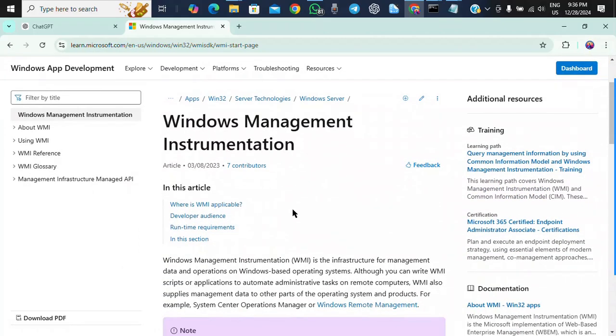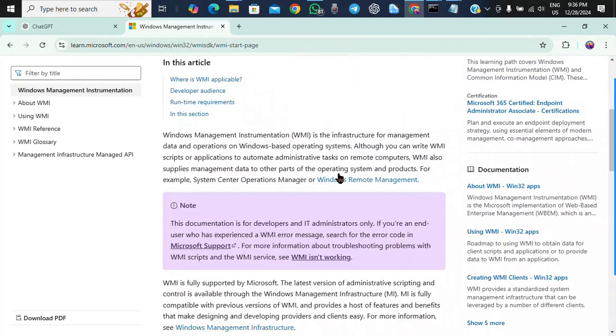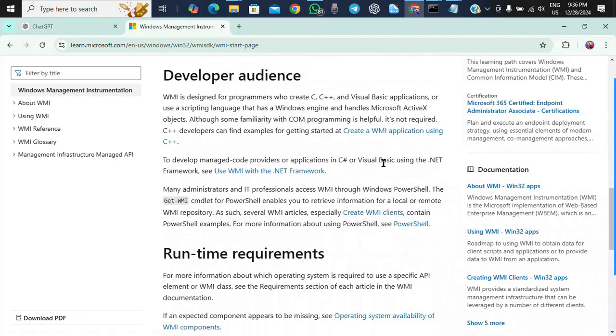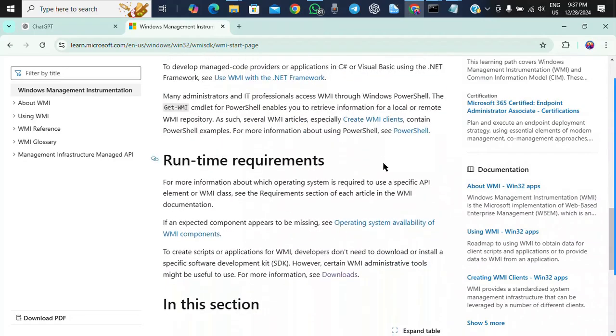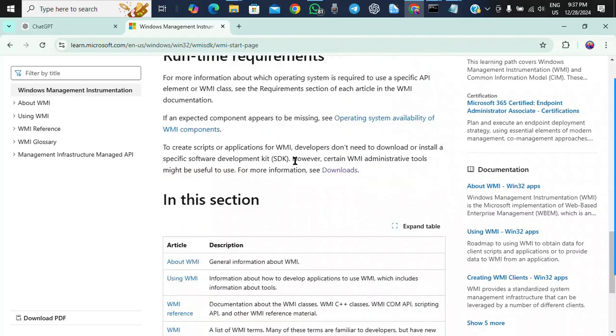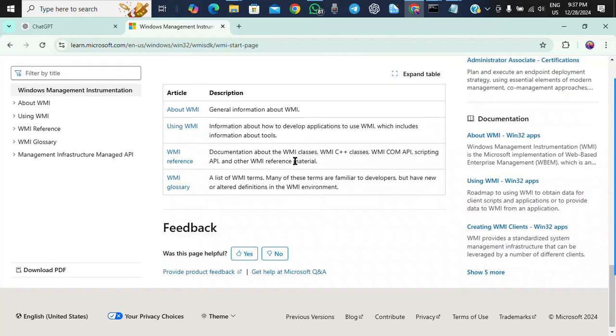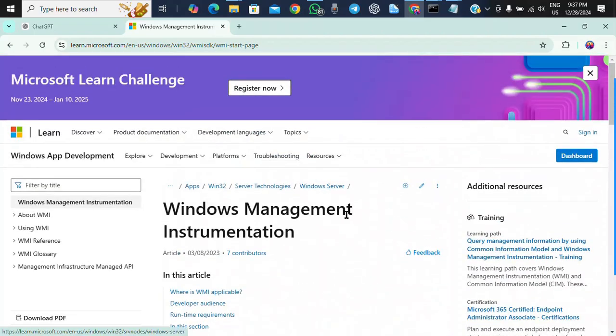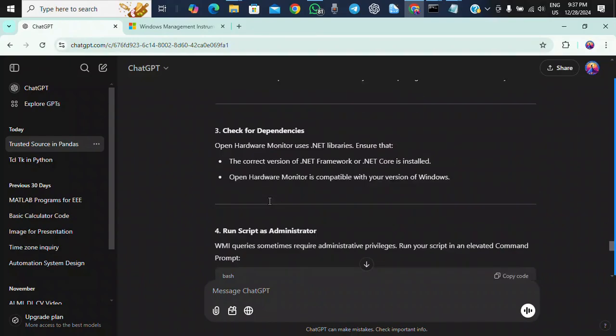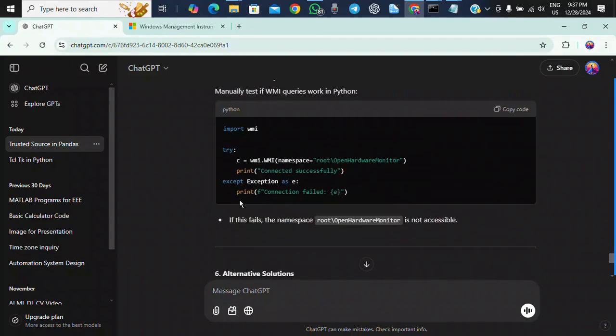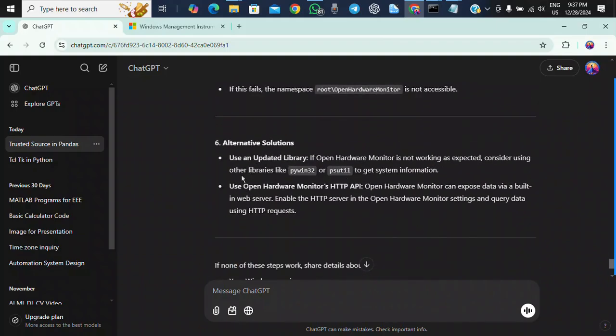Runtime requirements, documentation. I'm not getting the... okay. Can we ask ChatGPT the address of WMI, what we can get? I mean 32 or use